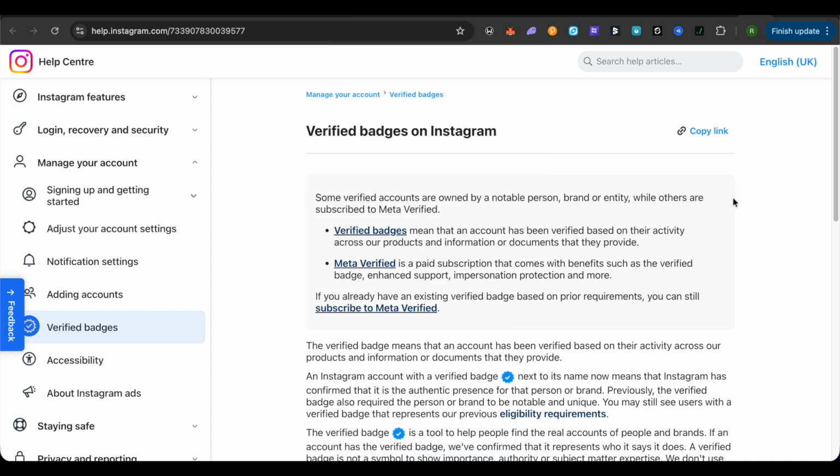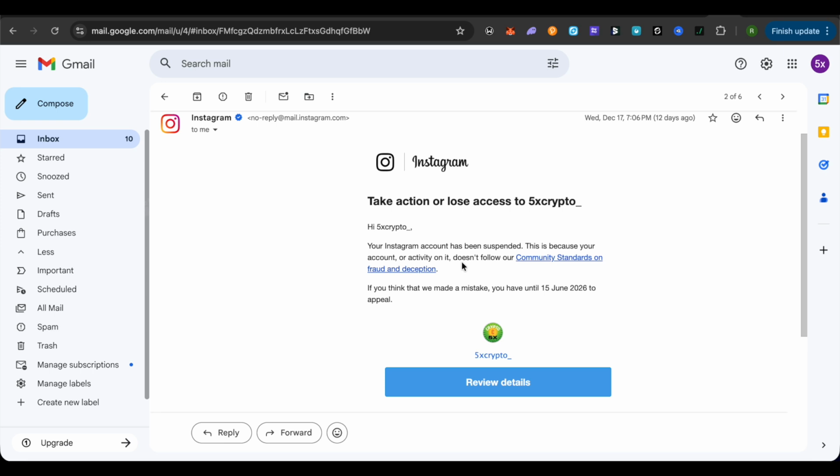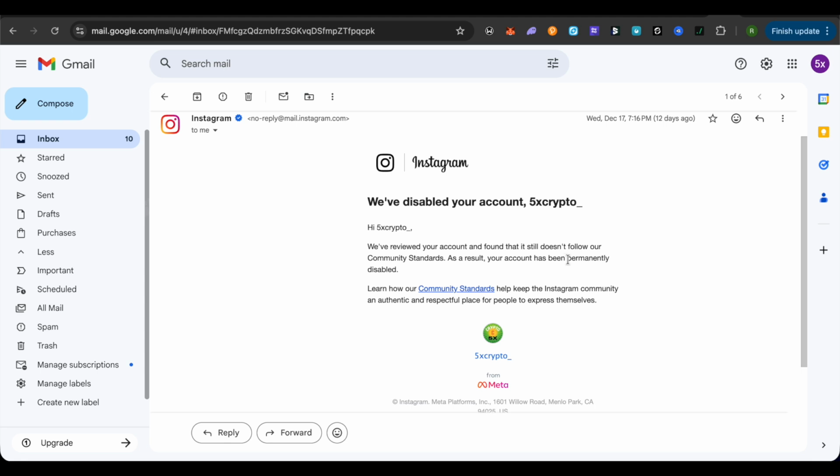But there are some cases when you don't get your account back even after verification. Like in my case, my account got suspended, and after verification I got this email where it said that my account got permanently disabled. Now the free way to get your account back is by opening up the Facebook page